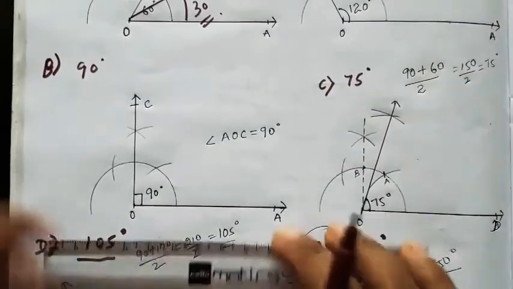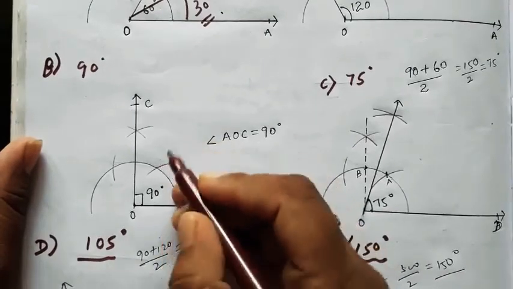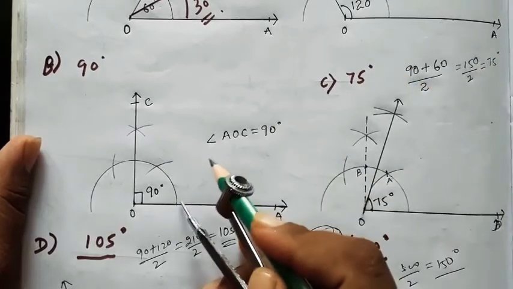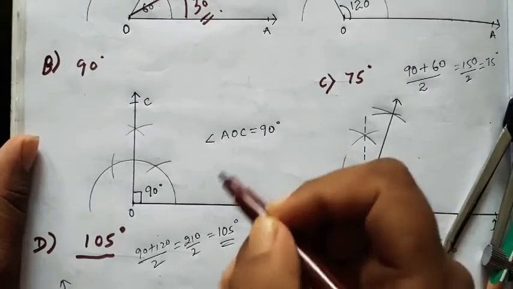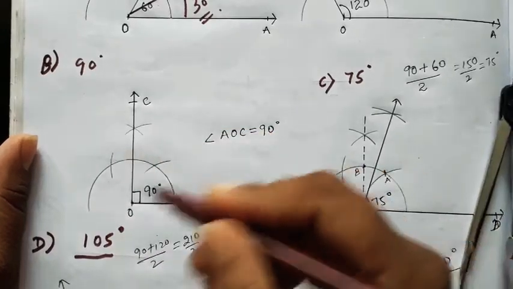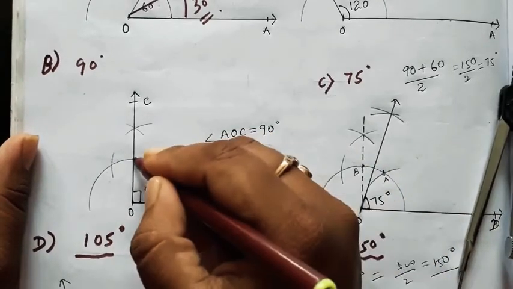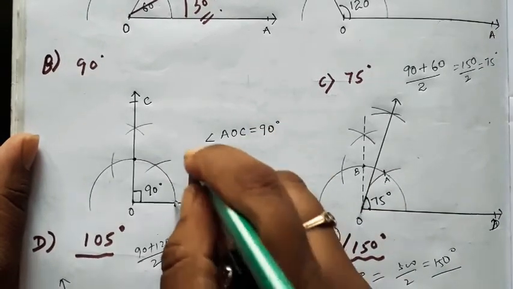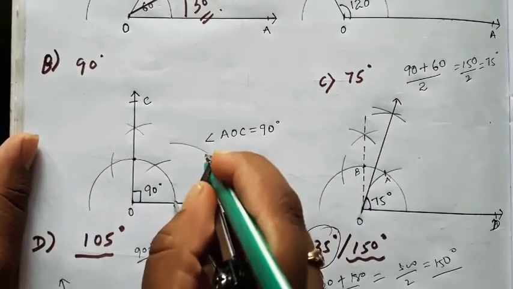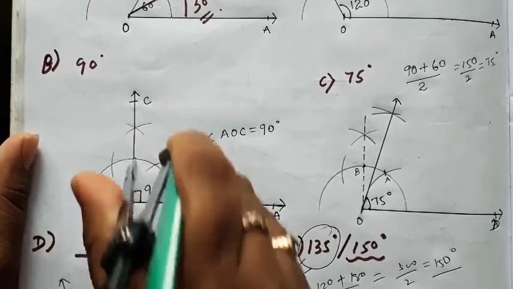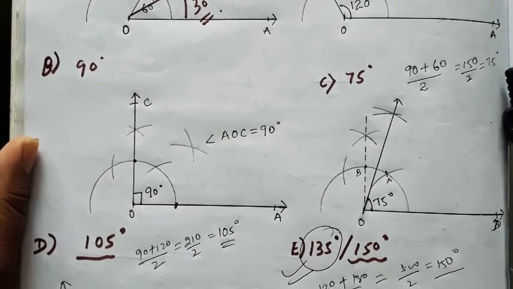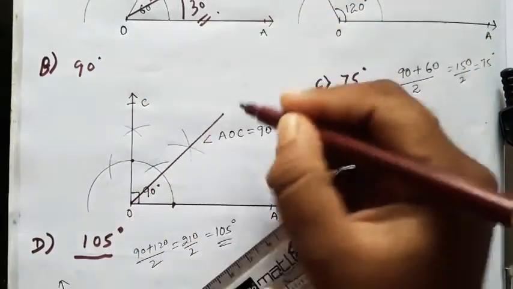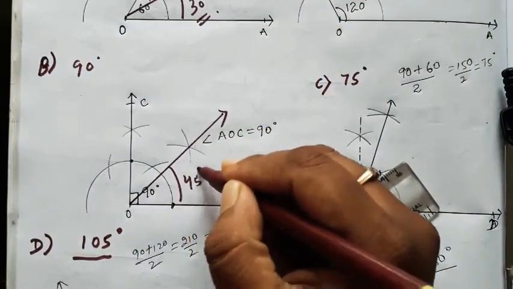Similarly, if I want to construct 45 degrees, because 45 degrees is half of 90 degrees, first of all I will find the extreme points, meaning the extreme points of this angle. This is one point and this is another point. So I will place my compass at the extreme positions. I will mark one arc here and from the other extreme position another arc here, and the resultant line I get makes an angle equal to 45 degrees.